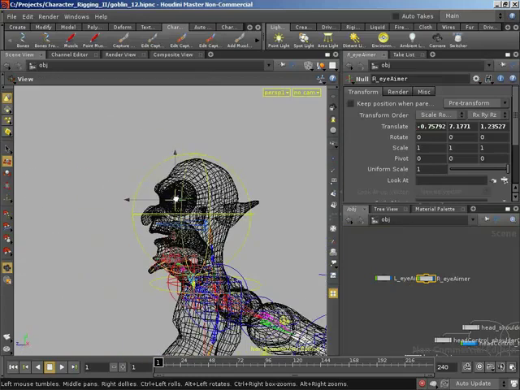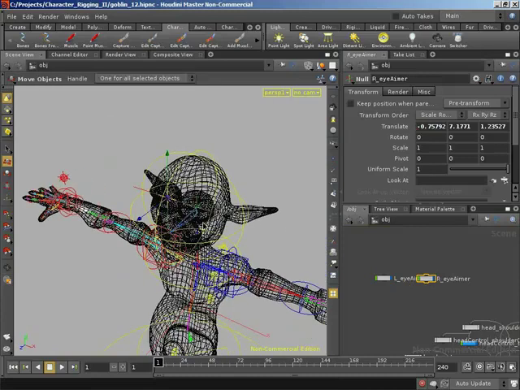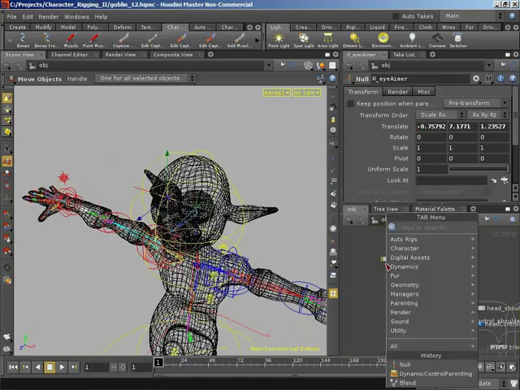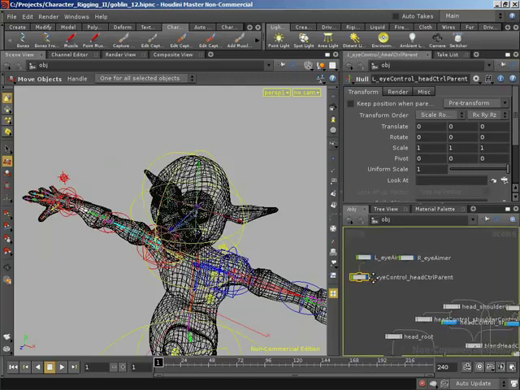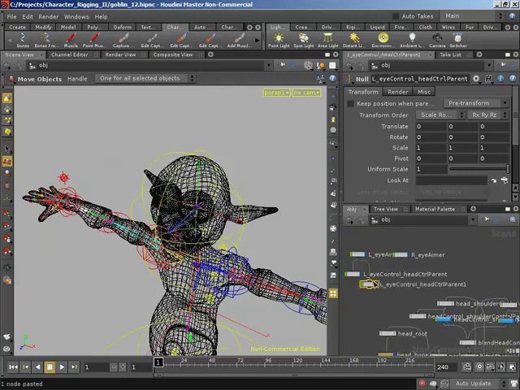That allows us to offset those controls out towards the front of the head, and in their default position have no effect on these aimers. So I'm going to create a child of our left eye aimer, and I'm going to name this L_I control. And we know we're going to have both a head control parent and a master control parent. So let's set these up for our head control. So I'm going to say head control parent. I'm going to copy and paste that, wire that into our R_I aimer, and rename that to R_I control head